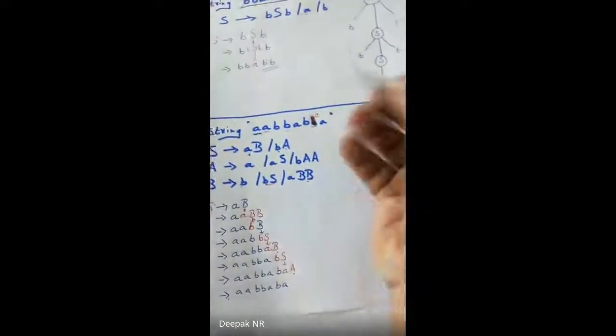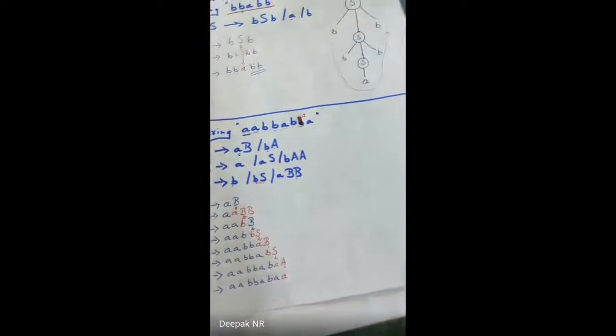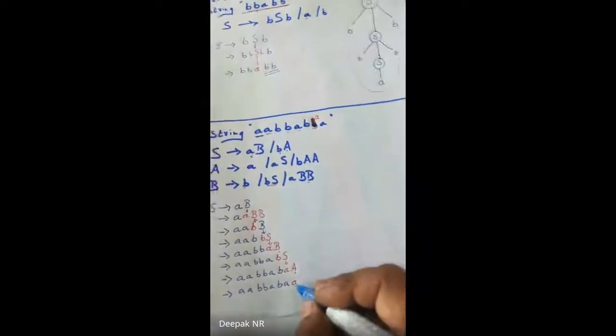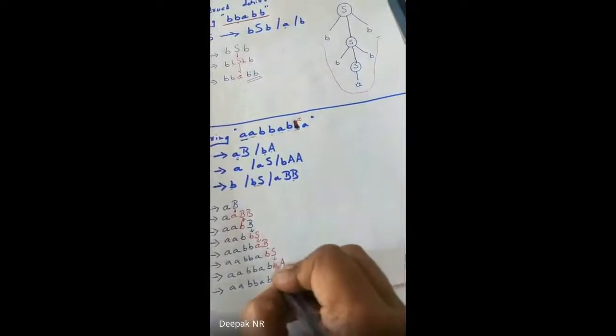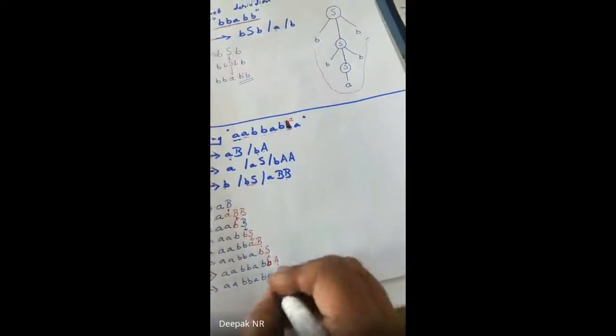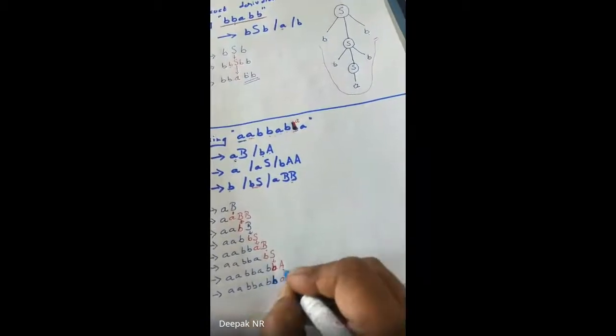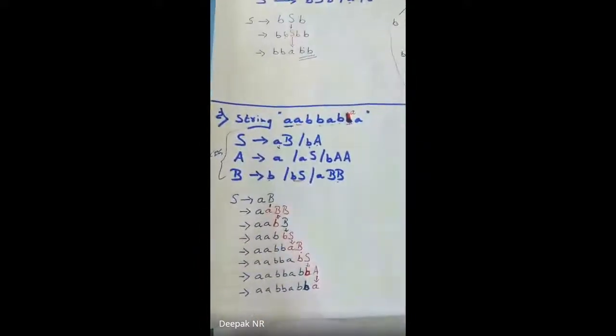I'm sorry, some small mistakes. I'll write A over here. Is that clear? Instead of this A, I'll be writing A. There is a mistake here, it was coming out correctly. BA and this was B, and for this A I use A. Clear, guys? Yep, this is how it works.